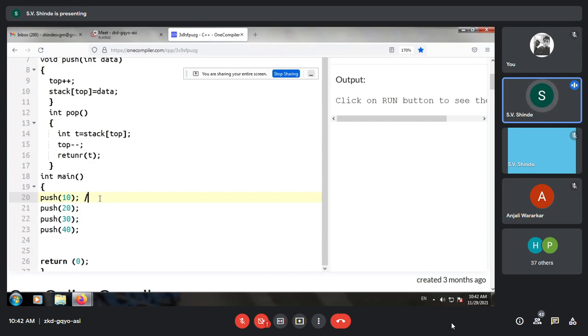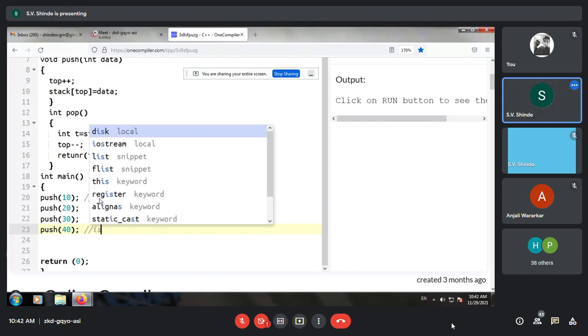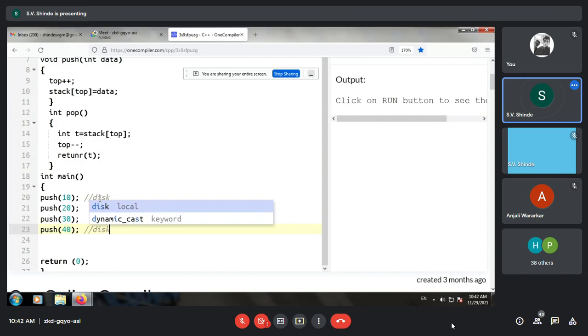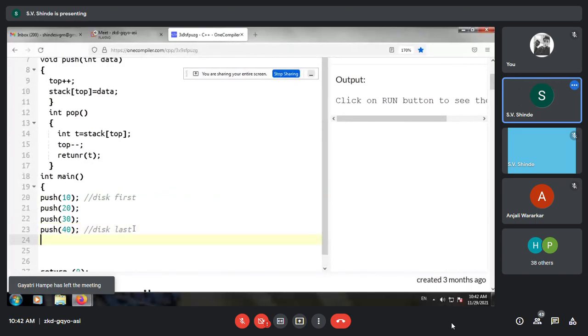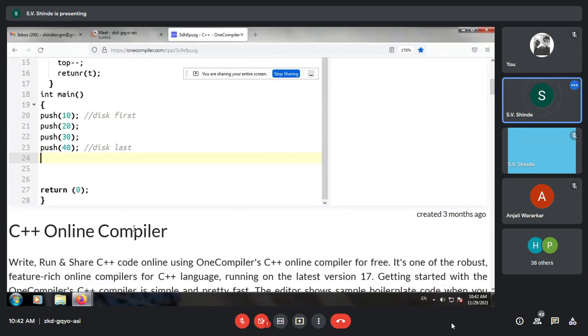If you observe the Tower of Hanoi example, we can say this is a disk. Let us start from over here. This is the last disk, and this is the first disk. So which will be inserted first? 10 will be inserted first, and the last because the insertion is in sequence. Now let us pop it.